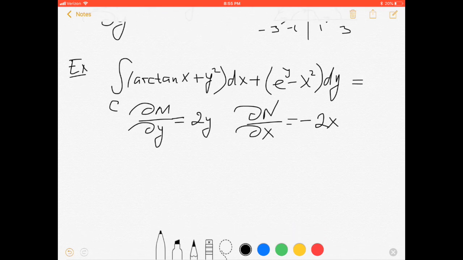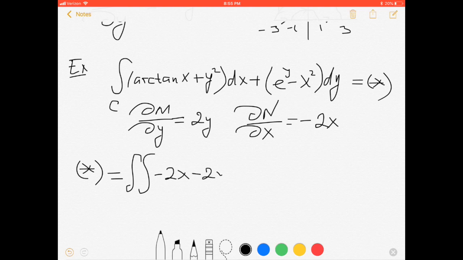And this means my integral, I write star here, I can continue, it will be double integral of dn dx minus dm dy, this means minus 2x minus 2y dA